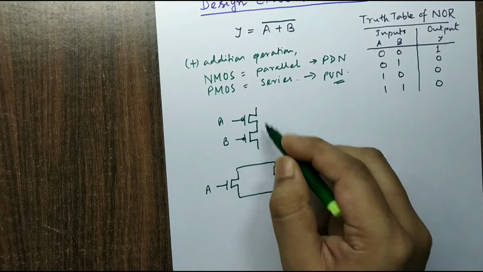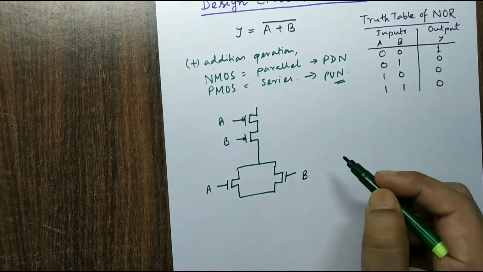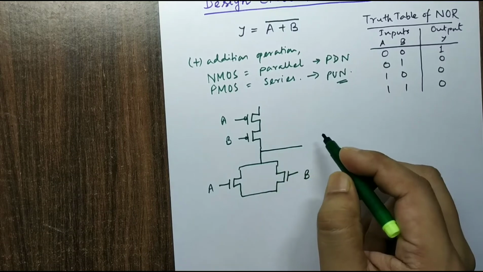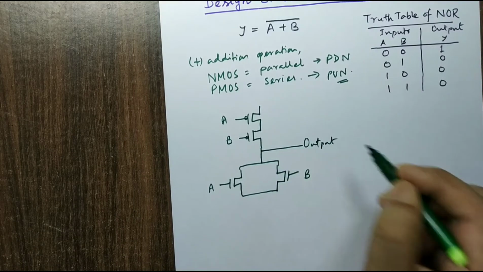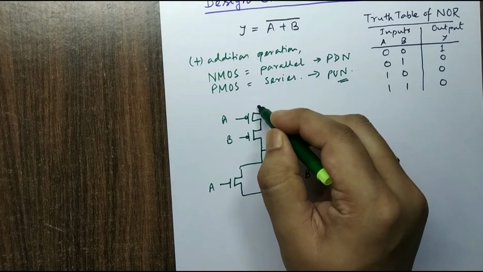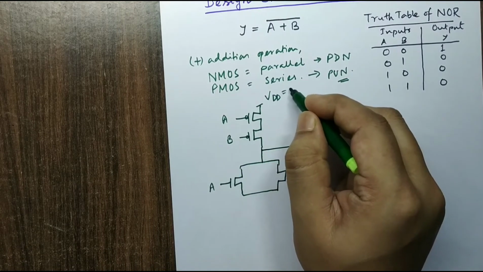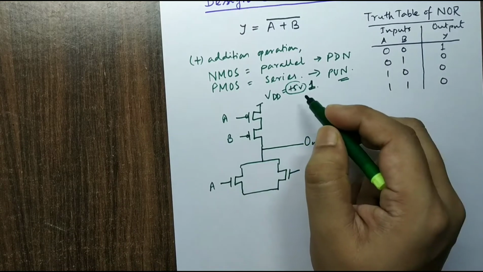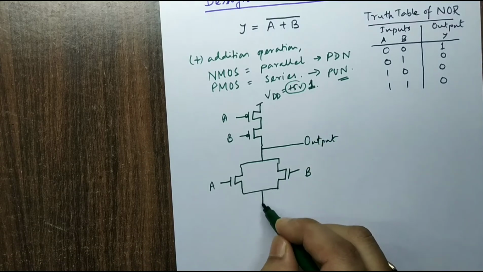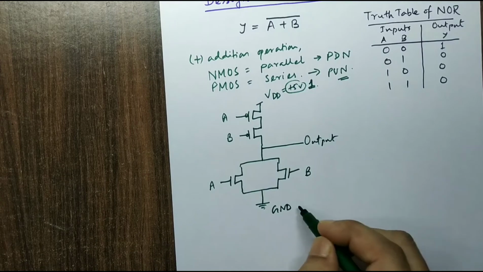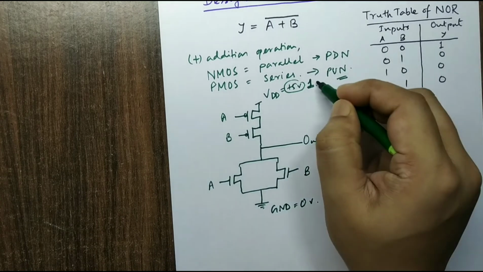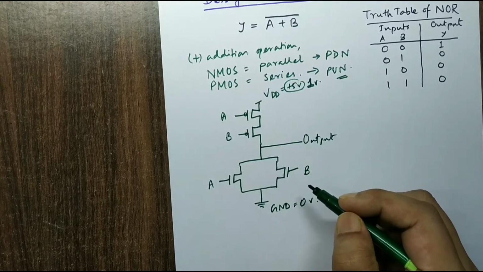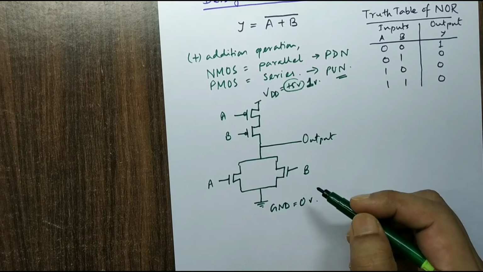Now I have to connect the pull up and pull down networks. So pull up and pull down networks are connected. In between I bring out the output. Make sure the pull up network is connected properly with VDD. VDD means plus 5 volt, or you can assume 1. In digital, plus 5 volt means logic 1. The pull down network is always connected with ground, that means 0 volt. This is 1 volt, because it is digital. CMOS always operates for digital logic applications, as a digital switch.